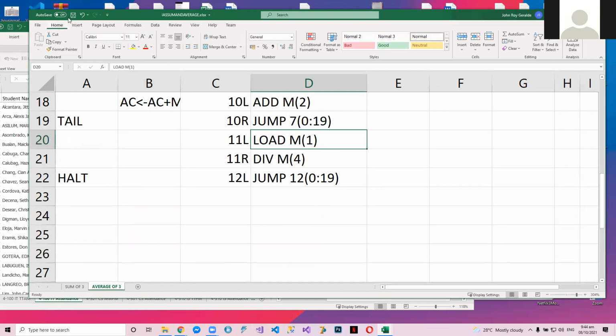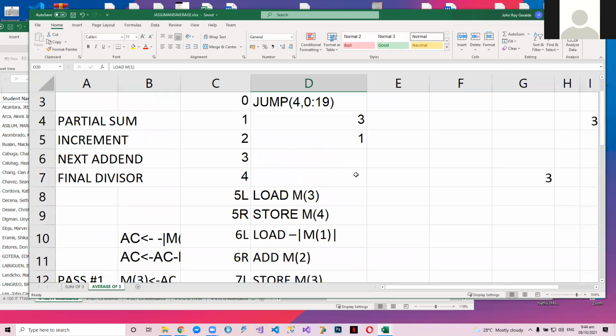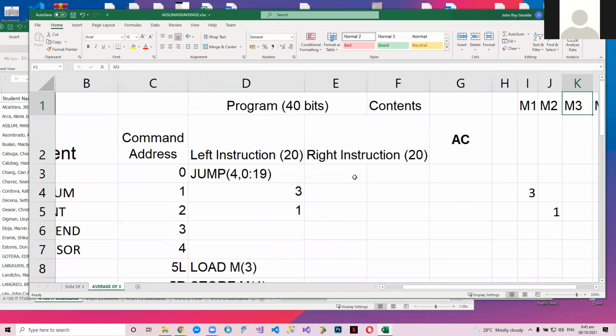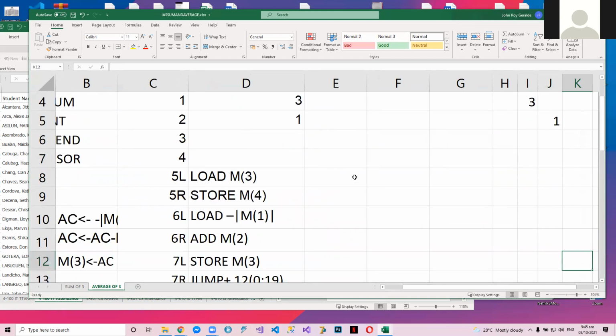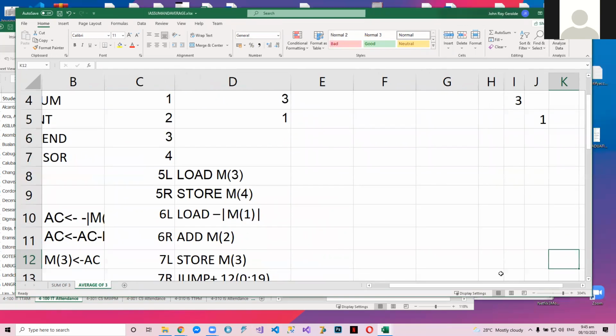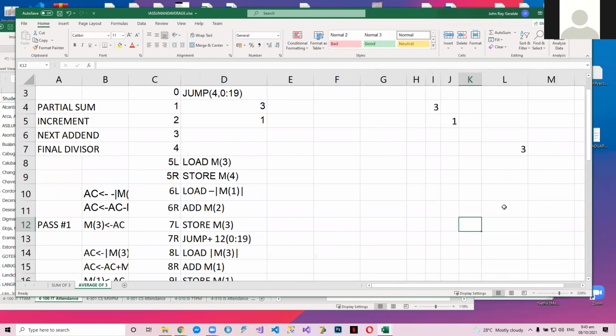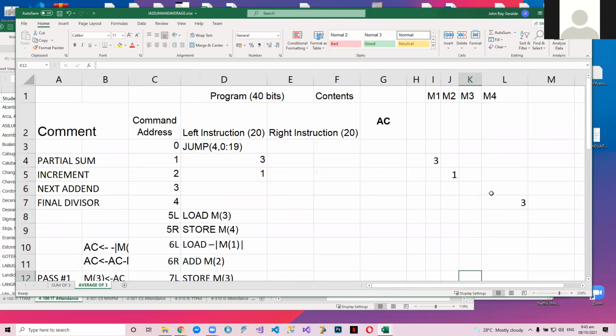Okay, do you follow? Can we trace this quickly? So we are going to load M3, so the accumulator. It's the accumulator now. Let me expand this. Can you still see my worksheet? We load M3, the accumulator becomes